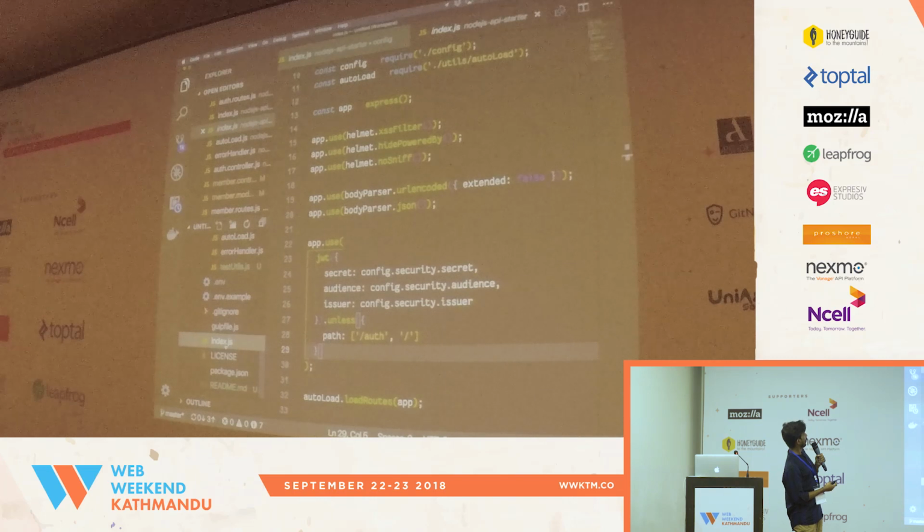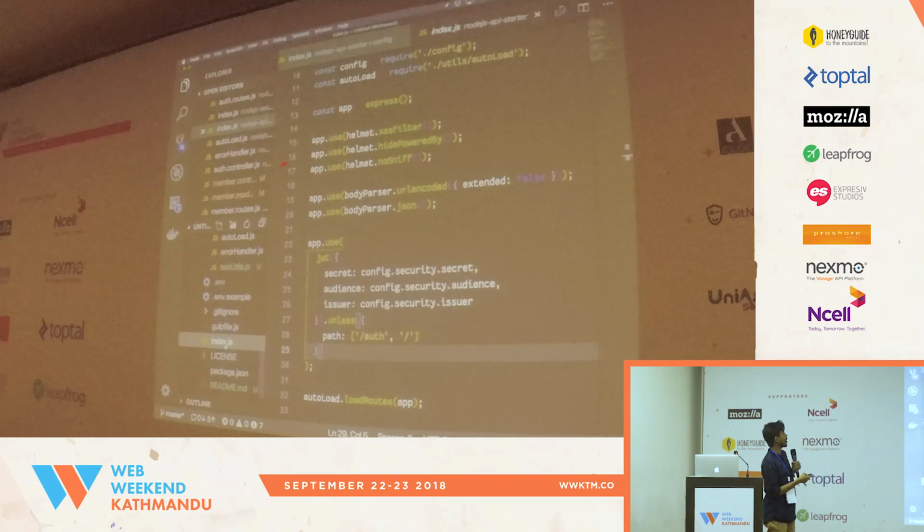What is this? This is a module called Helmet. It is for security. So if you are building an application, start with Helmet. It has a cross-site filter which protects the API. And remember to hide Express. It's powered by Express. Otherwise, if you print any response, it shows the server type saying it is powered by Express. So remove it and make it harder.